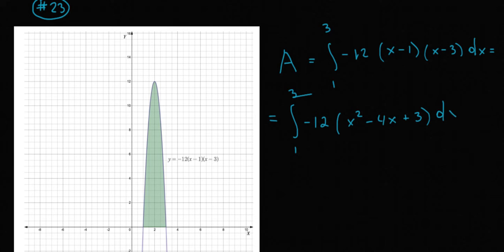dx. And now I could multiply out by negative 12, but actually another way to proceed is to factor the negative 12 constant out of the integral. It's another property of integrals. Negative 12 times the integral from 1 to 3 of x squared minus 4x plus 3